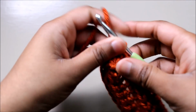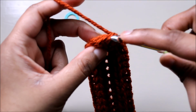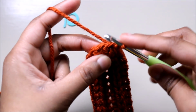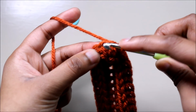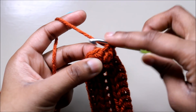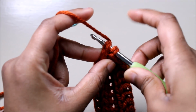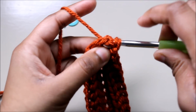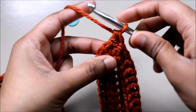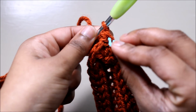Now for the third one, what you're gonna do, you're gonna work into the next stitch and do back post half double crochet. So you're gonna do 3 back post half double crochet into the next. So you need to work these loops. So yarn over and go into this next loop, and then just do a half double crochet, 1, and I'm gonna put the marker on this first one,